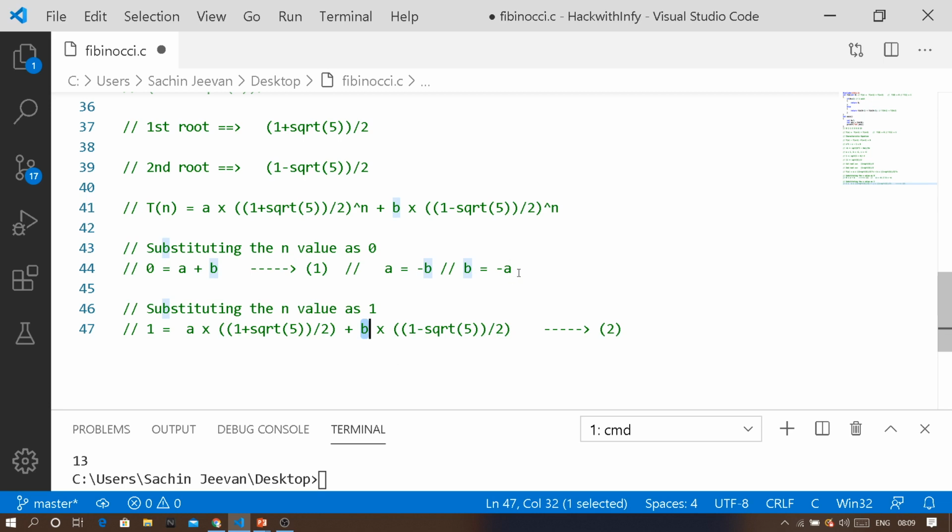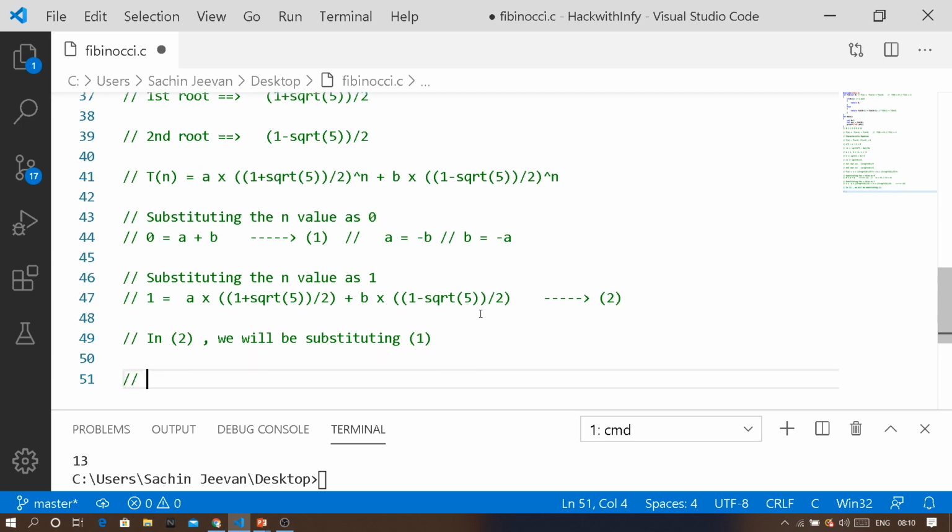Okay, we can just start writing as minus a. Fine. So now what we are going to do is, in equation 2, we will be substituting the answer that we got from equation 1. After substituting the answer which we got in equation 1, what will be the answer? 1 is equal to a multiplied by the same answer, a multiplied by 1 plus square root of 5 divided by 2, then plus,